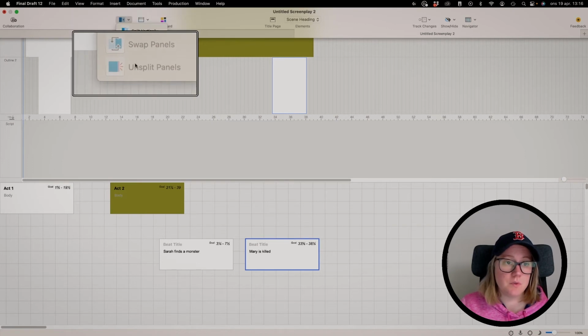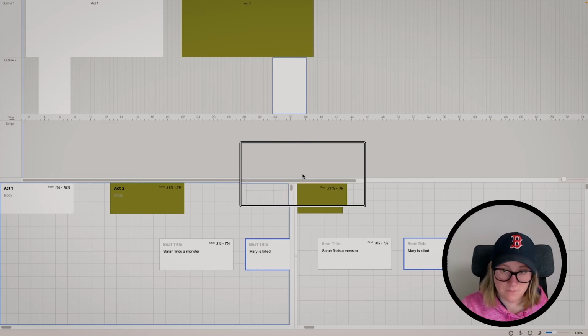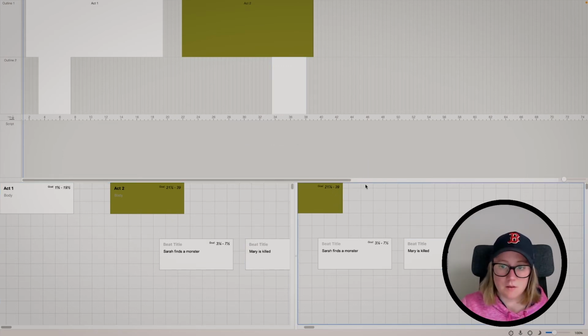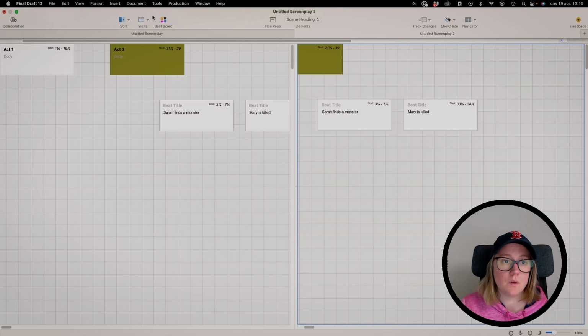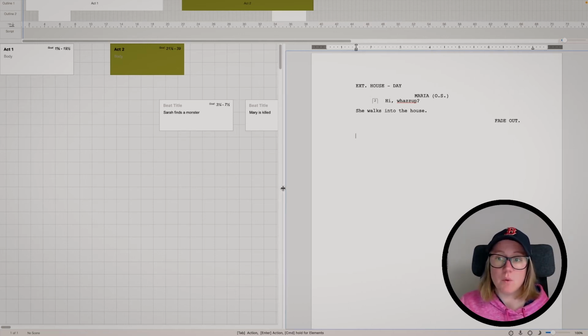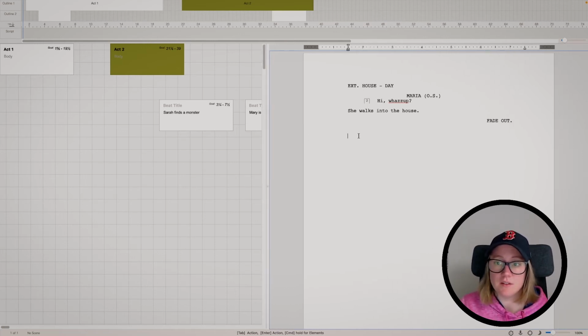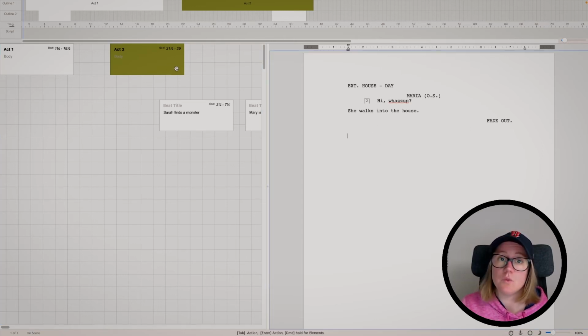Like this. Let's move this up a bit, and then you can go to views and go to the script, and voila, here you have both the exterior and the actual screenplay, and then you have the beatboard. So if you write everything down in the beatboard, you can just use it for when you start typing the